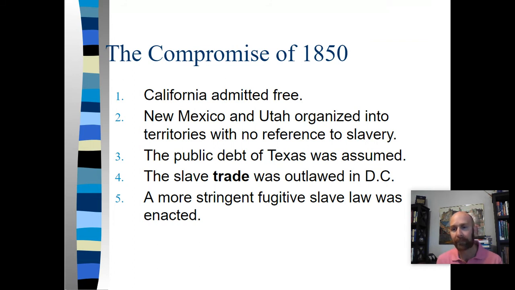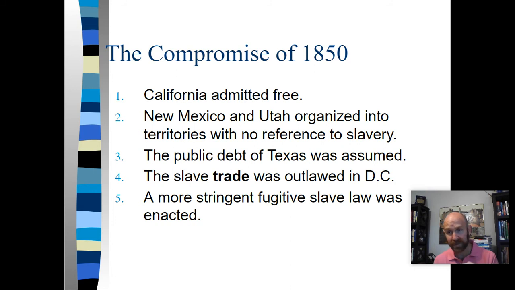And so the Compromise of 1850, although it will settle the problem for California, and California will get admitted, the fugitive slave law is really just driving a deeper wedge between the North and the South. And places like Pennsylvania are just not going to enforce it. Many territories in the North just will not enforce the fugitive slave law. And the South is going to look at that.